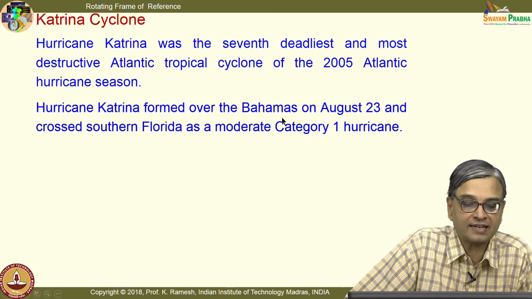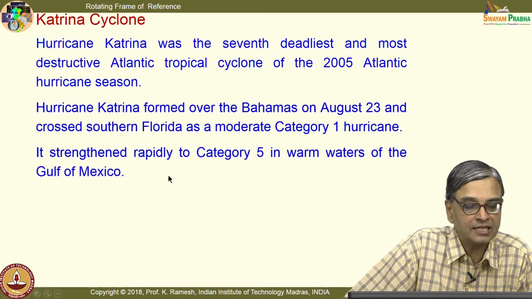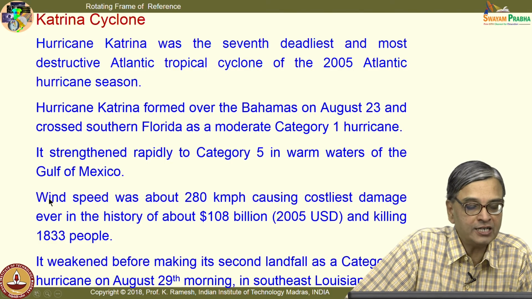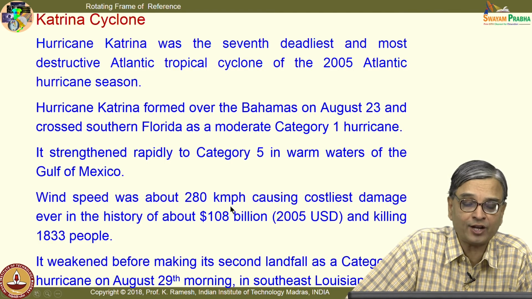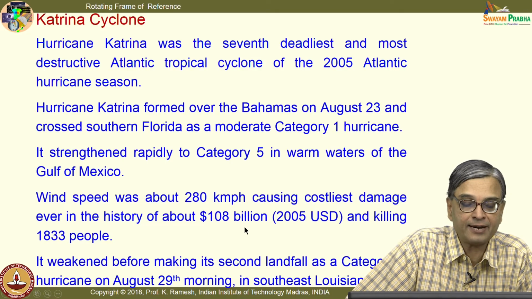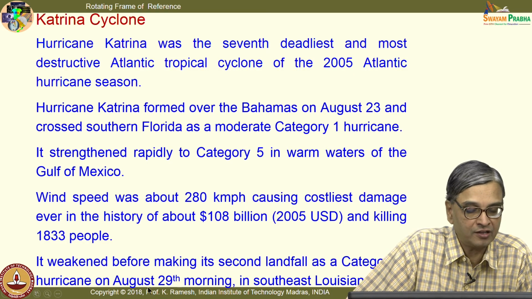It started as a category 1 hurricane and strengthened rapidly to category 5 in the warm waters of the Gulf of Mexico. Wind speed was about 280 kilometers per hour, causing the costliest damage ever in history, about 108 billion in 2005, and killing 1833 people. It weakened before making its second landfall as a category 3 hurricane on the morning of August 29th in southeast